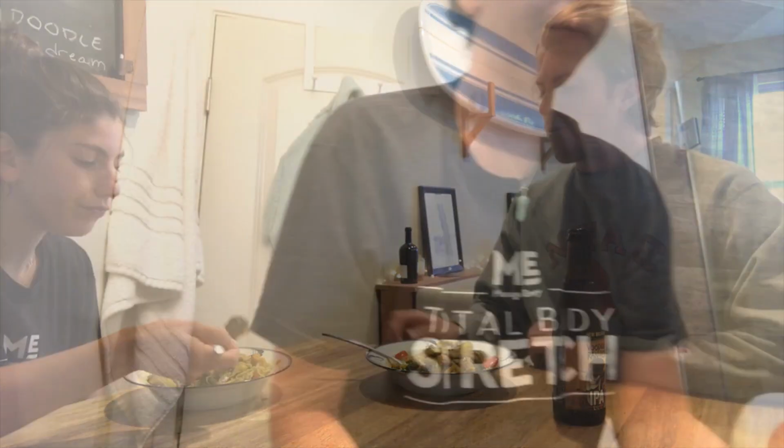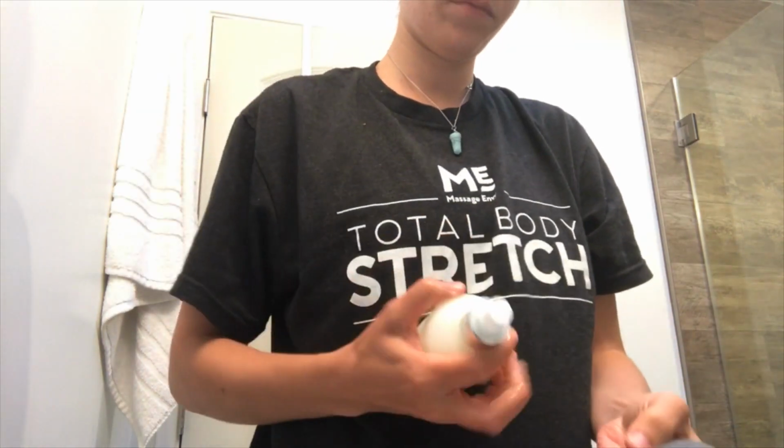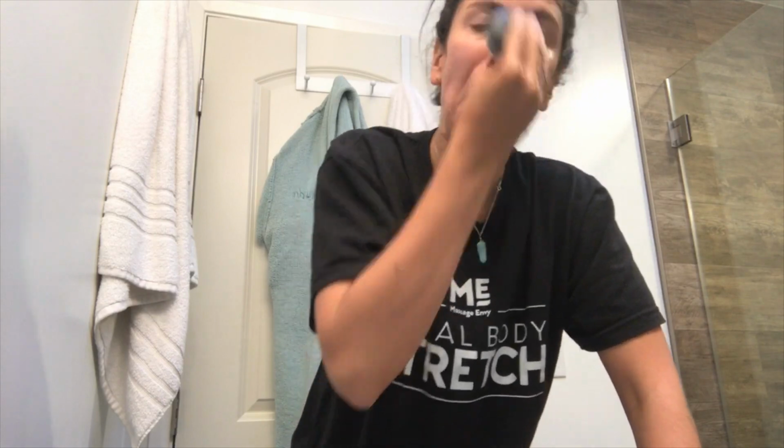And then when we're done with dinner, I usually do either a face mask or just wash up, wash my makeup off. I wasn't wearing any makeup today, so I didn't do that, but I just used my Delicate Cleanser from Luminance. I'm not gonna walk you through my whole routine. I'm just gonna show you what face mask I was using this night,